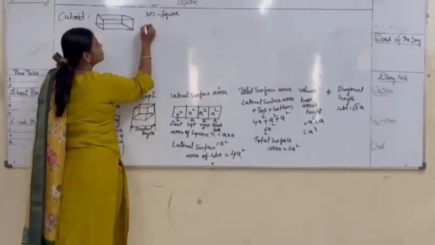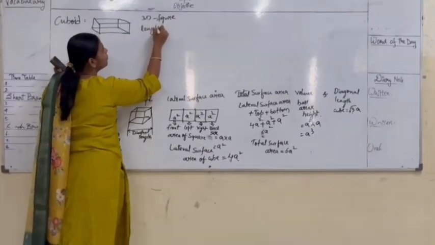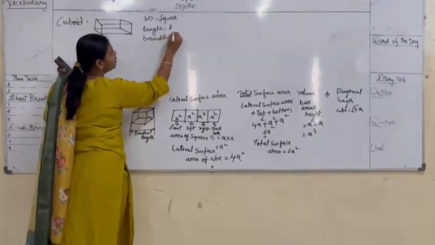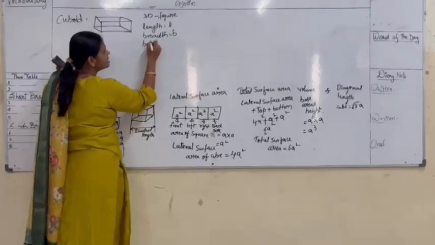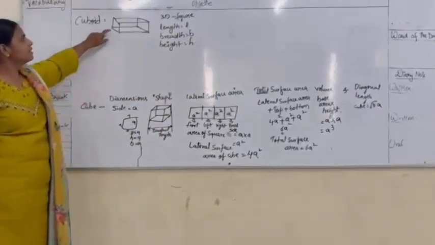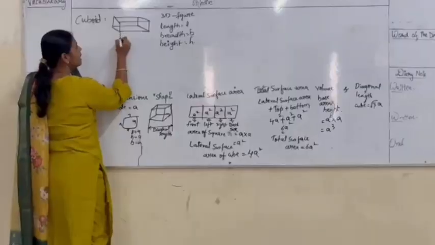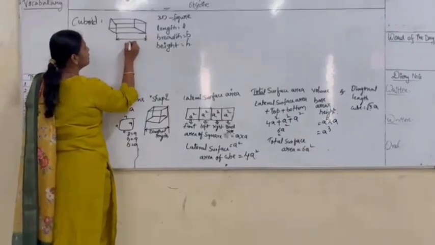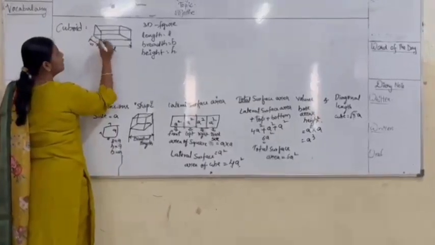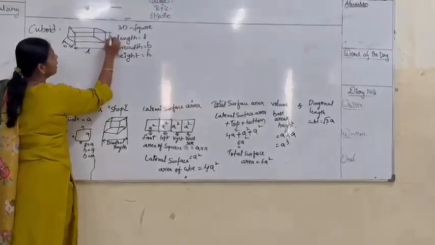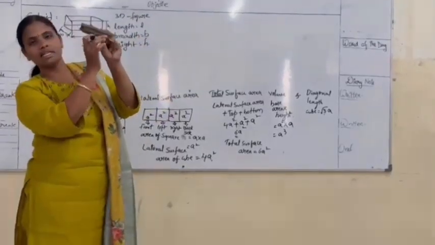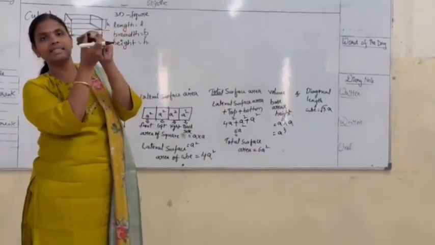3 dimensions means one is length, L, another one is breadth, B, and another one is height, H-E-I-G-H-T, height, H. It has 3 dimensions. This will be length, this will be breadth, and this will be height. If you observe this, we can tell that this looks like a cuboid, a rectangle, and this is like a